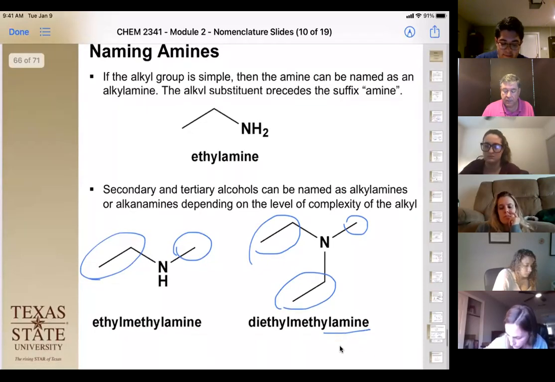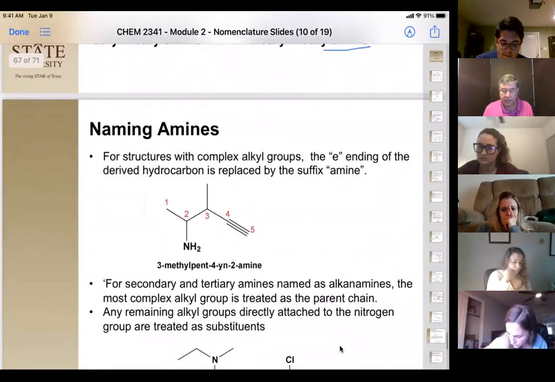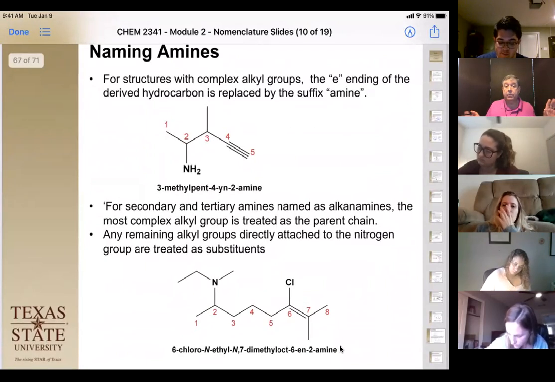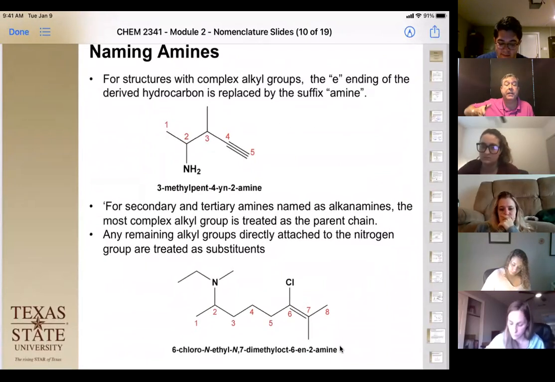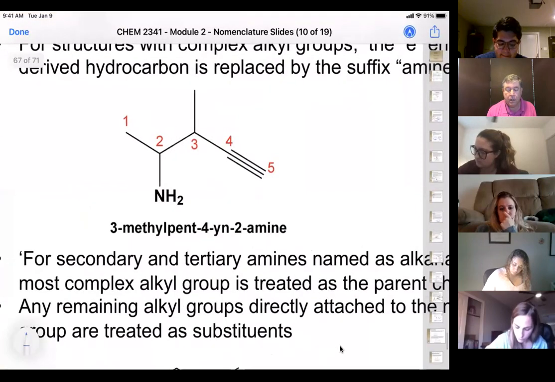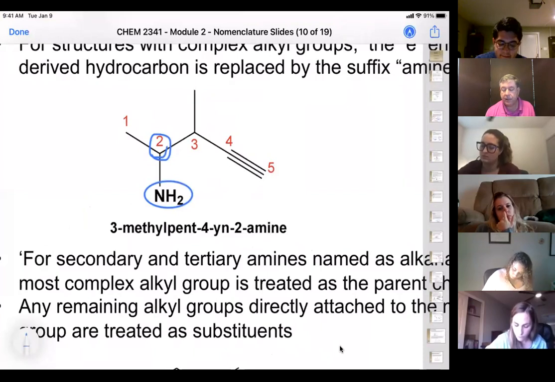Okay. All right. So how do we name the amines? Okay. So if the amine is the highest functional group, it changes the name at the end by dropping the E and adding amine. Okay. And like our other rules, because it changed the name, we want to have it at the lowest number possible. So when we name this one right here, we name this as our position for our amine. So we're going to have 2-amine,